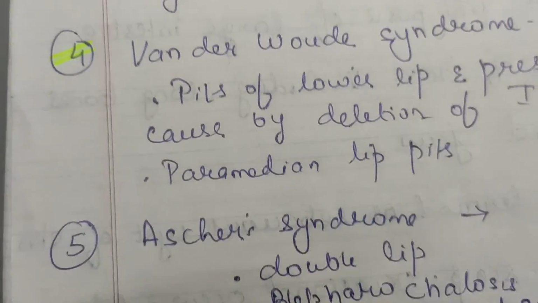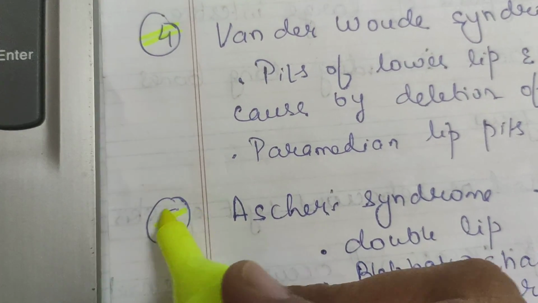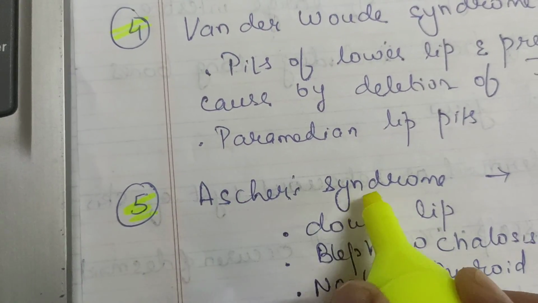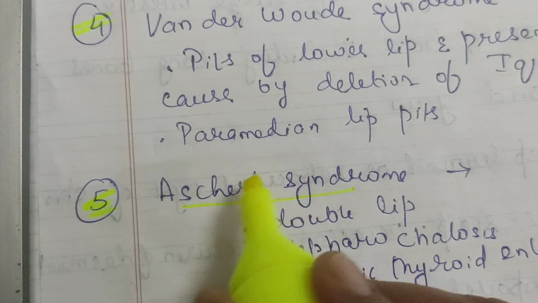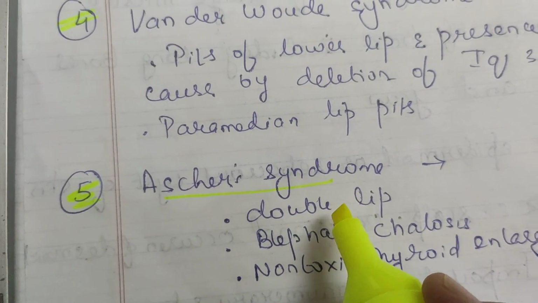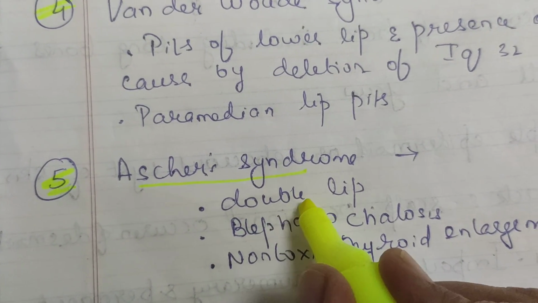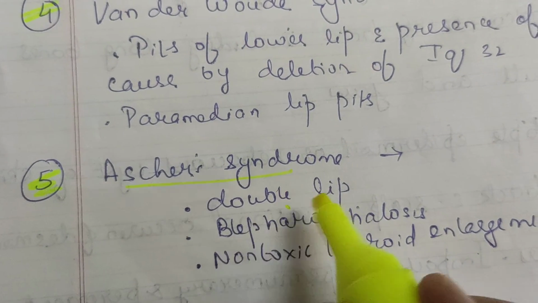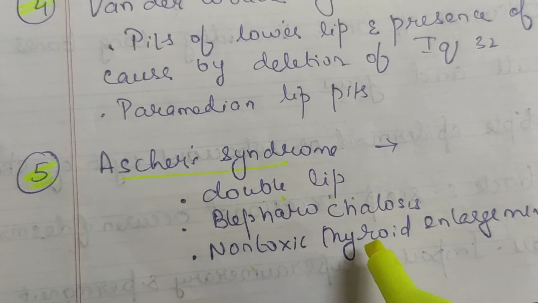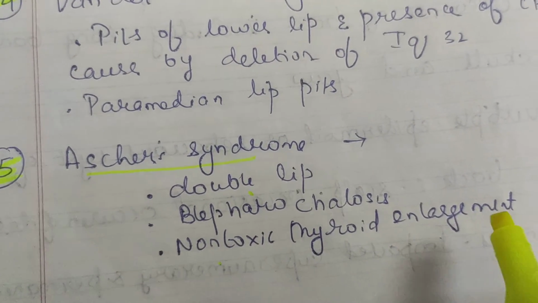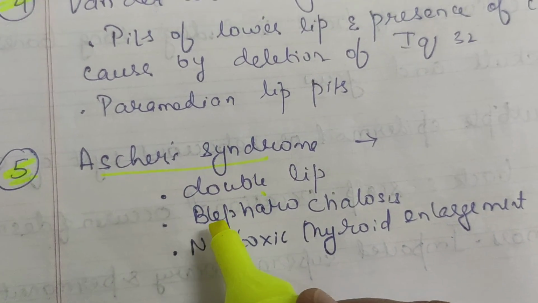Okay. So if they ask about paramedian lip pits associated with which syndrome, it is associated with Van der Woude syndrome. Now the fifth one is Ascher syndrome. Now this is again a developmental defect in the lip. It is associated with double lip. Okay, one more point is that non-toxic thyroid enlargement is seen, and one more important thing is